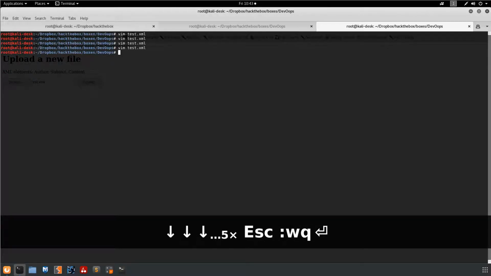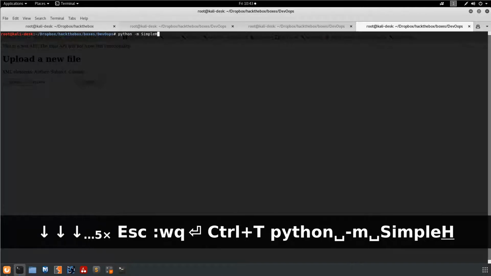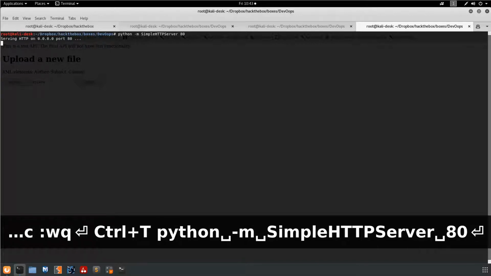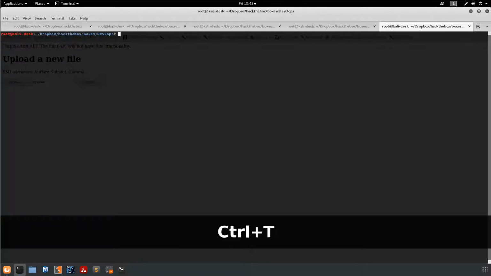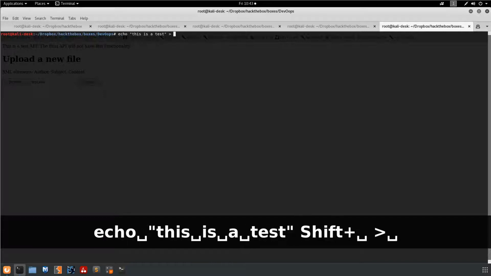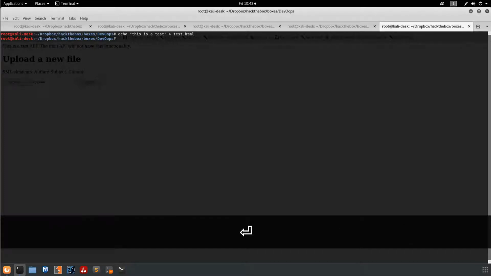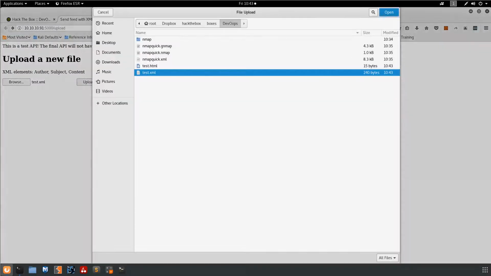And so we'll want to fire up another tab and fire up a Python web server, SimpleHTTPServer on port 80. Now, there's not actually a file called test.html here. Let's actually add one real quick so we can show what happens. Echo this is a test into test.html. And so now, if we feed that to this,